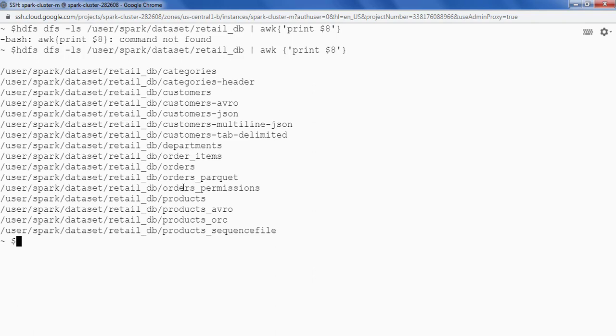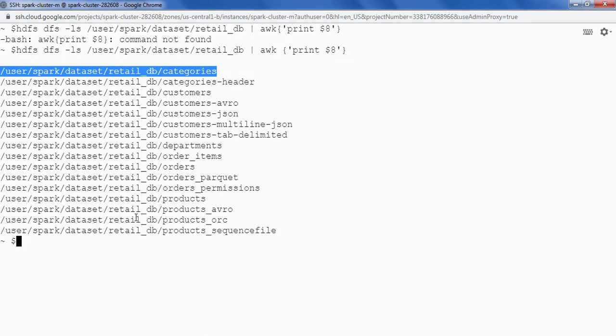So guys, now it's in readable format. These are the directories that we uploaded to HDFS using the hdfs dfs -put command in the previous lecture. Okay, now this categories data is CSV data.